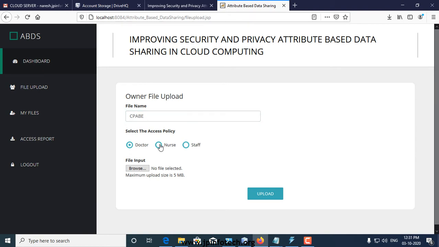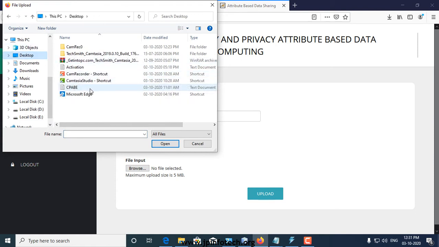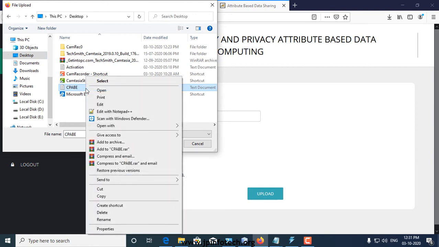We have the access policy of doctor, nurse, and staff. I am going to click doctor or nurse, and then I am going to select the file. Before that, I will just preview the file.